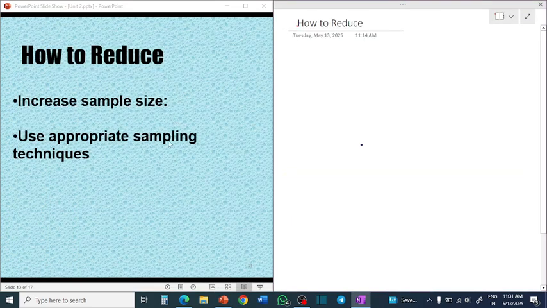If you want to reduce the sampling error, first of all please try to understand that the error which we make in a test cannot be removed completely. It can only be reduced up to a certain point. There are two ways in which we can reduce the sampling error. First, we have to increase the sample size. We were taking an average of 20 students and it was coming to 60.